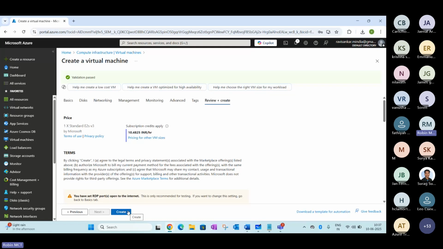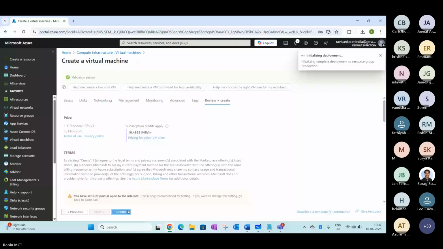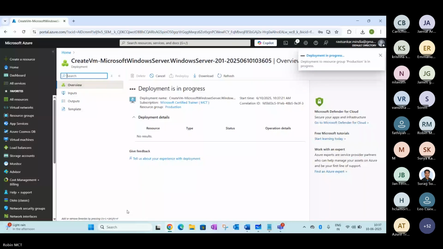You can see the validation has completed and the deployment is progressing. Let's wait for the deployment to be completed. Right now we are trying to see what will happen if you create one more VM.